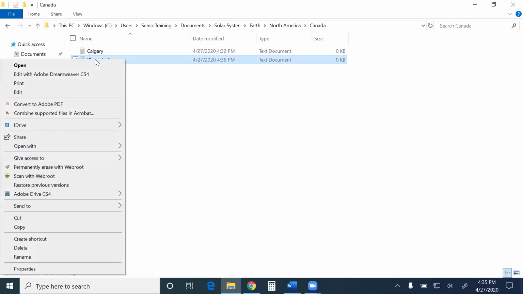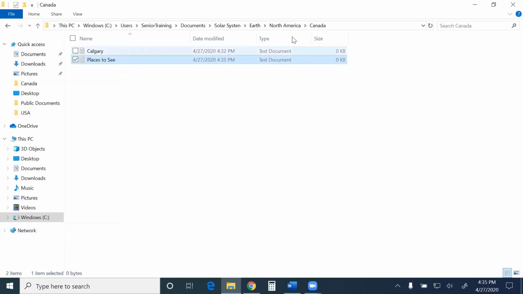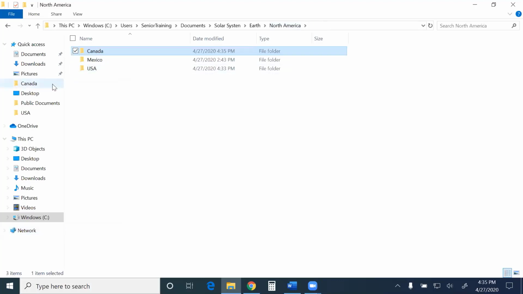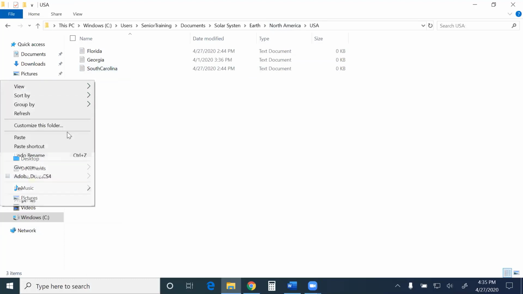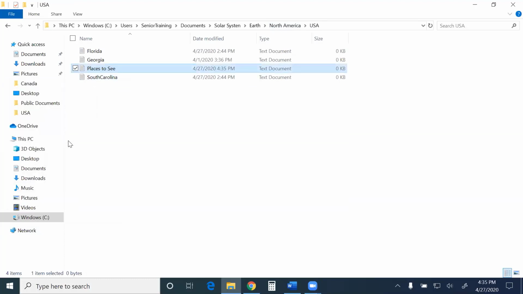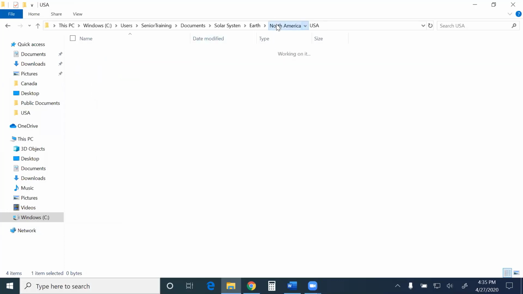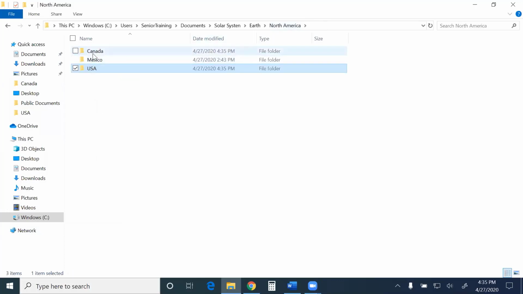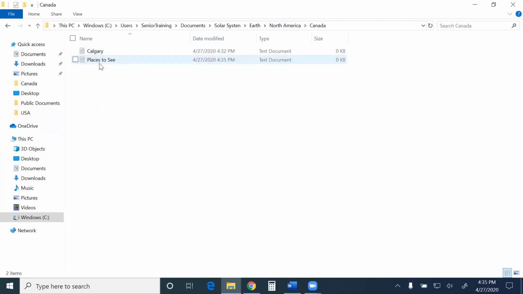So I could right click on that, select copy, and then maybe I come back over to North America and USA, and I could paste that file there. Now I've got places to see in USA, but since I used copy, I still have places to see in Canada. Okay, so very important difference between cut and copy.